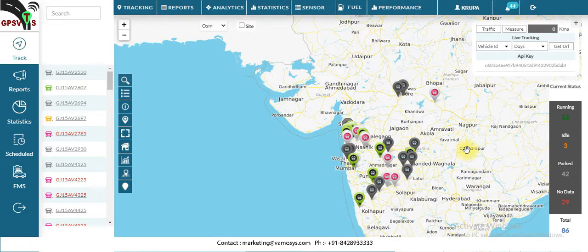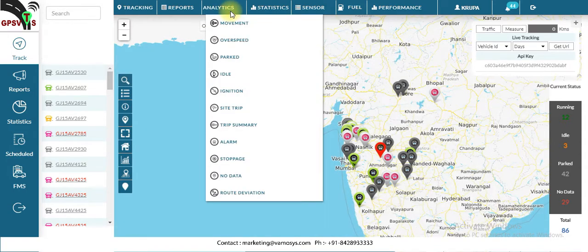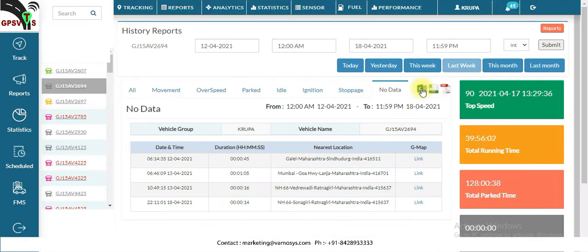To get the no data report of vehicles, first you have to log into your user panel. After that, click on Analytics. Here, the no data option will come at the second last option. After that, you can check the no data report or history report